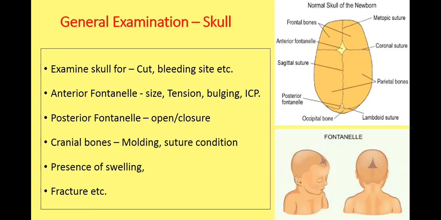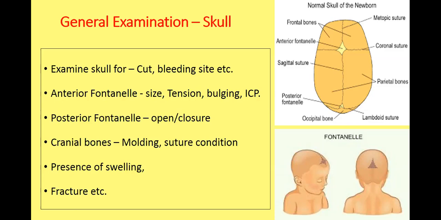Anterior fontanel is on the anterior side, and it is usually 3 to 6 centimeter in diameter. It is soft and non-sunken and non-bulging. If it is large, more than 6 centimeter, it is usually due to hydrocephalus, in the condition of prematurity, IUGR, intrauterine growth retardation. Then look for intracranial pressure.